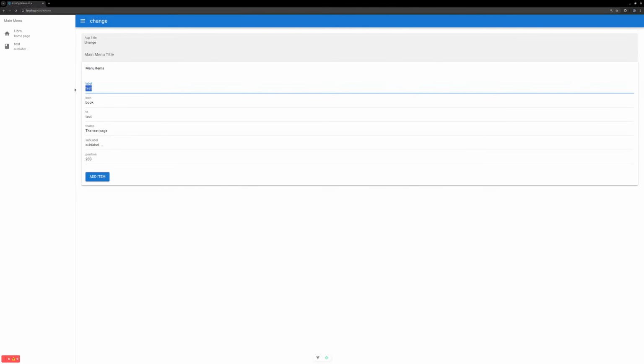We should be able to change this on the fly. Change. Yeah, there we go. So, as you can imagine, it could be really cool to build apps in this way. And imagine being able to sit with a client, and as you get this concept and you grow it